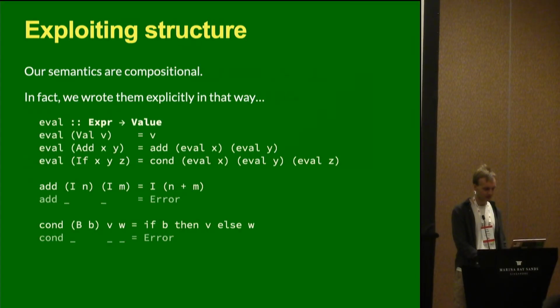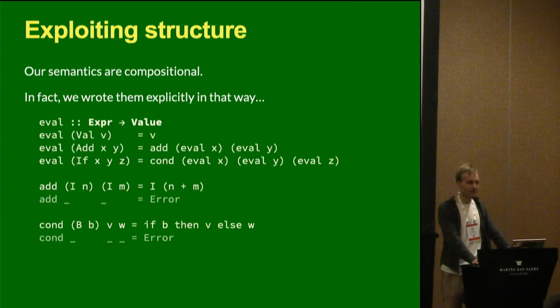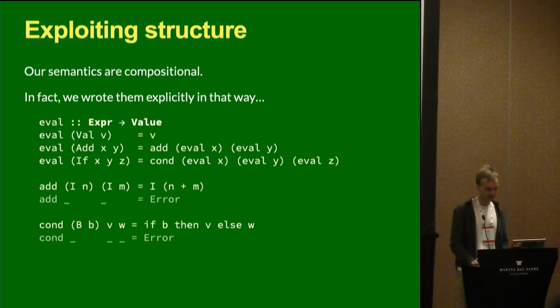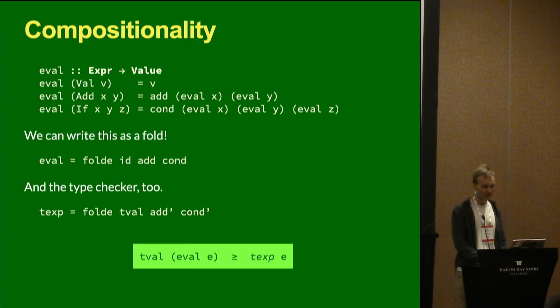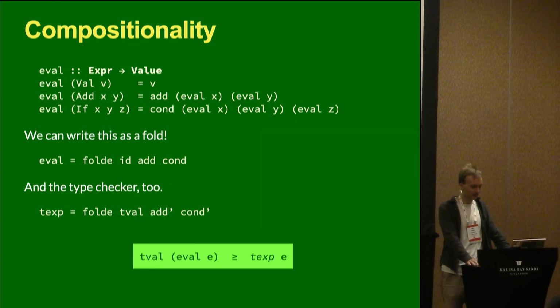So let's come back to our semantics. And as I mentioned, these are compositional semantics. It's a fold, basically. We evaluate the subterms and then throw these into a function that does something with them in a non-recursive way in and of itself. As a result, we can write it as a fold. And actually, we can write the type checker as a fold as well. The type checker that we came up with in the end does happen to be a fold. I say happen to be, okay, it's not just happening to be, but